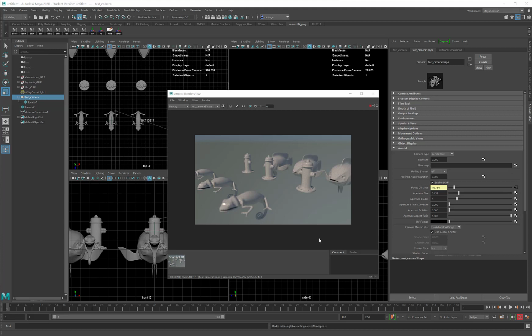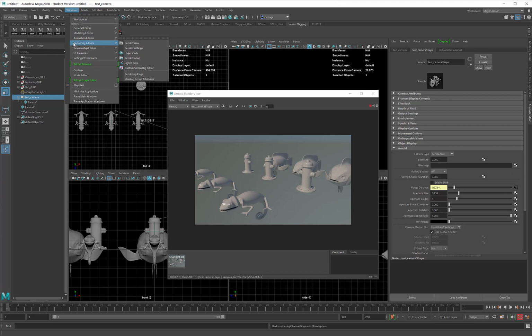Next, I'm going to start on my fog effects. And for that, I am going to turn off my depth of field. Not because they don't play well together. They do. They play very well together, but because I want to keep my rendering time down just so that I can test things. So with my depth of field turned off, I am going to go to Windows, Rendering